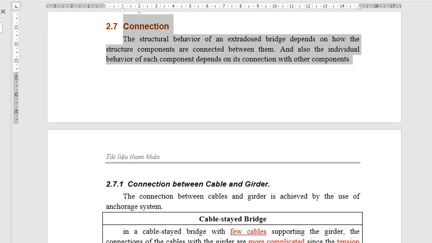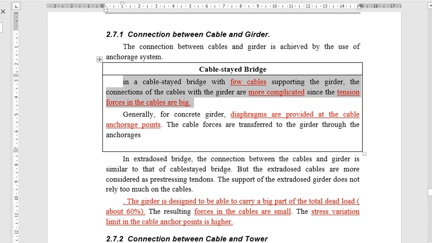Connection. The structural behavior of an extradosed bridge depends on how the structural components are connected between them. And also the individual behavior of each component depends on its connection with other components. Connection between cable and girder. The connection between cables and girder is achieved by the use of anchorage system. Cable-stayed bridge. In a cable-stayed bridge with few cables supporting the girder,